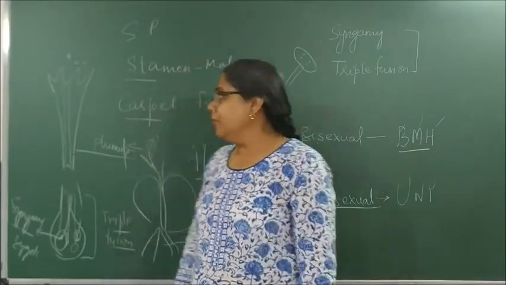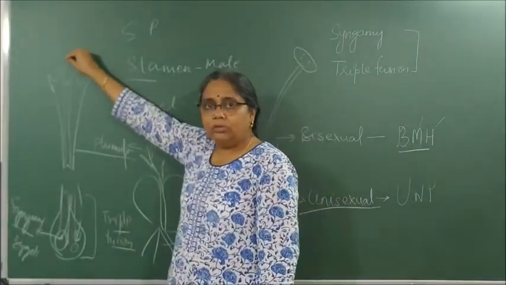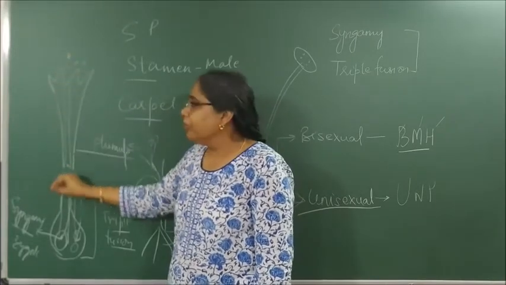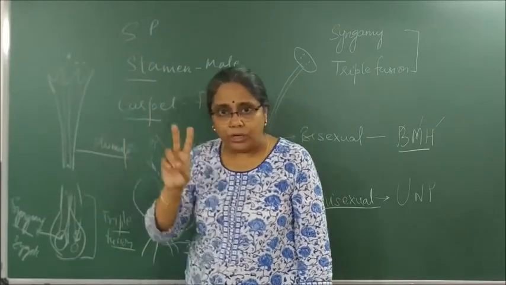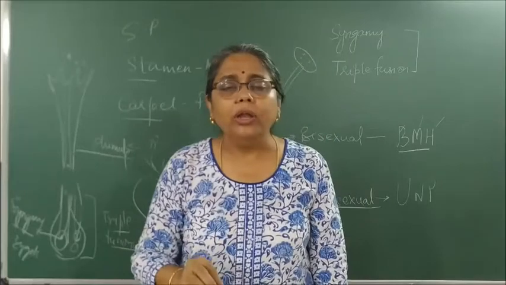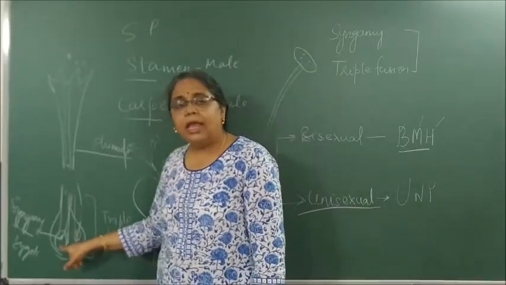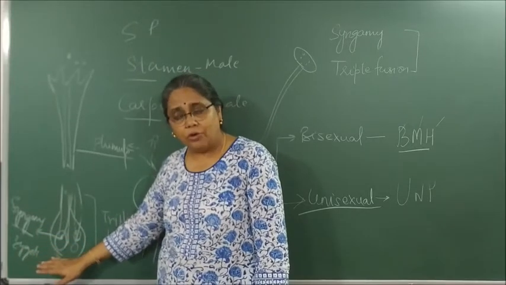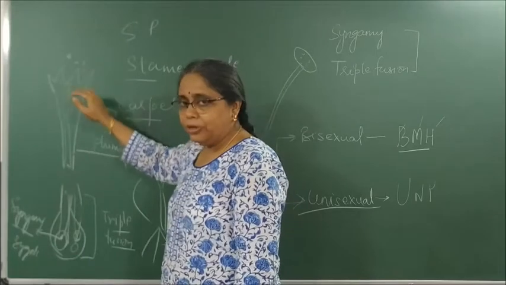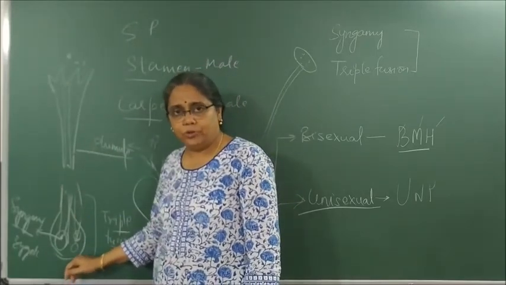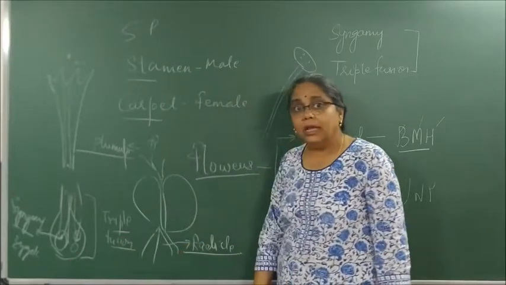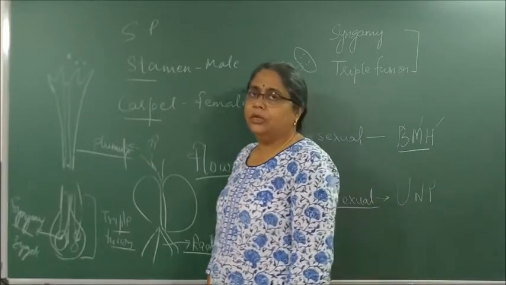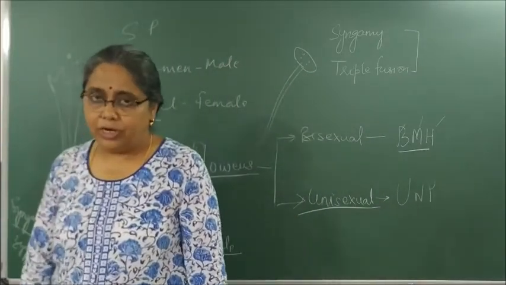Right? After pollination, the pollen lands onto the stigma of the flower. It forms what? A pollen tube. Through this pollen tube, two pollen grains reach the egg. One of them fertilizes with the egg, and this process is called as syngamy. It forms a zygote. The other pollen grain fertilizes with the two polar nuclei, and this process is called as triple fusion. Syngamy and triple fusion taken together is called as double fertilization.